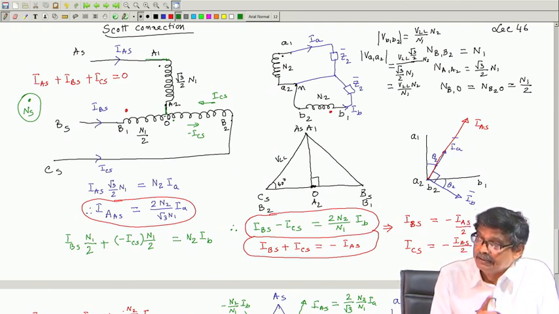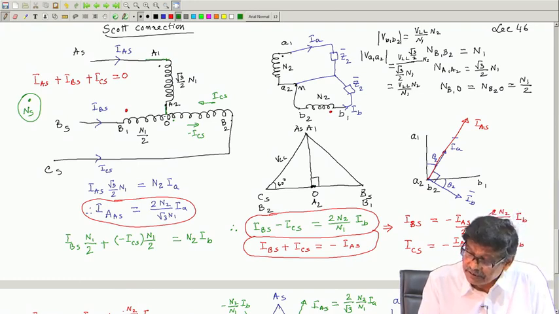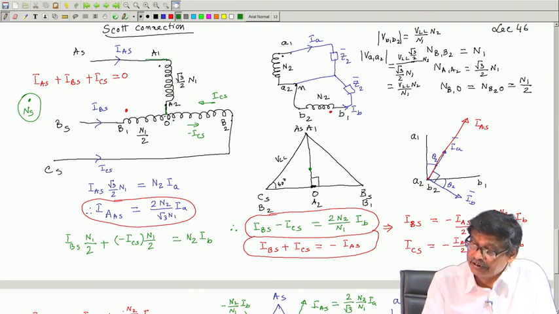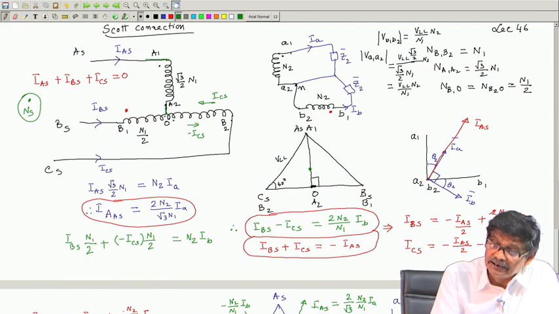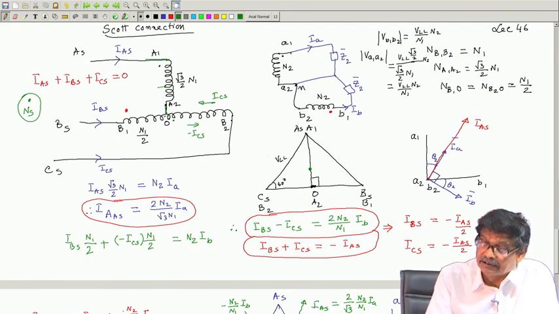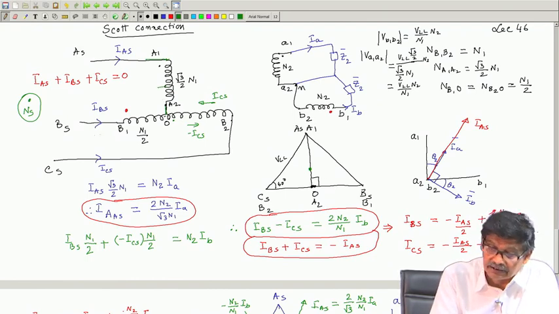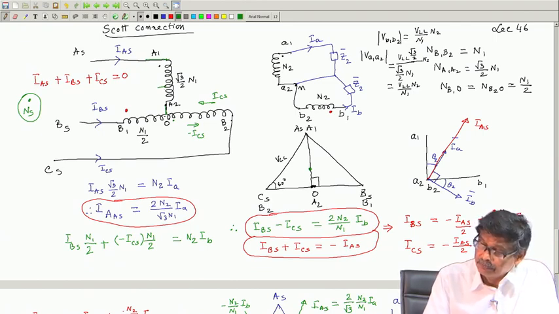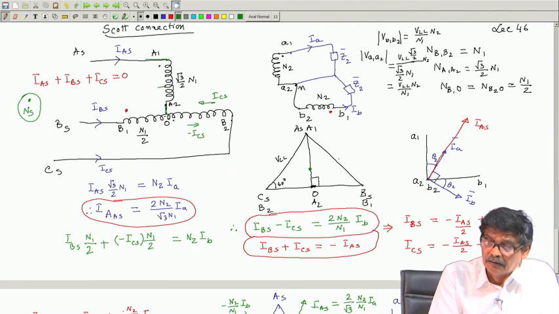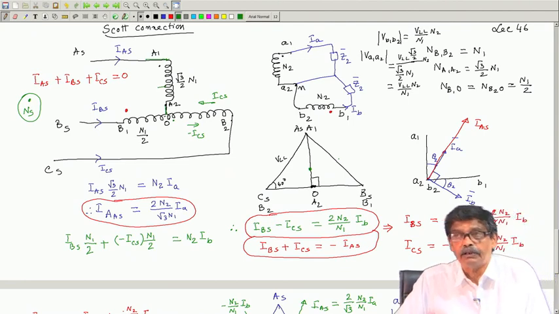Where? It should be at the centroid of this supply triangle, and it will come over here, and I can calculate how much it will be, the centroid it is. Therefore, at this point which will be here, I can specify at what tappings you have to take to connect that. So, this is how a Scott connection will behave.